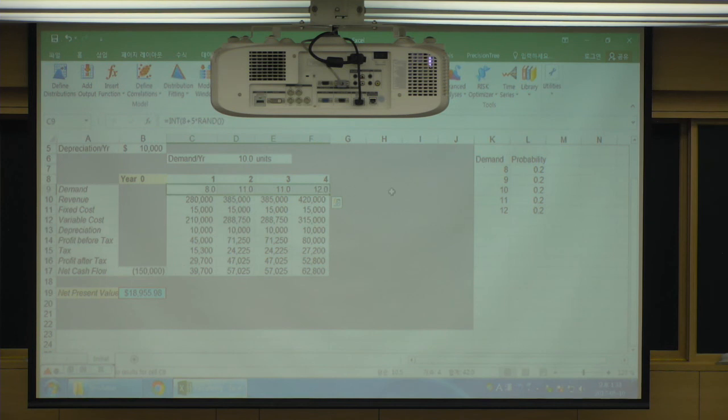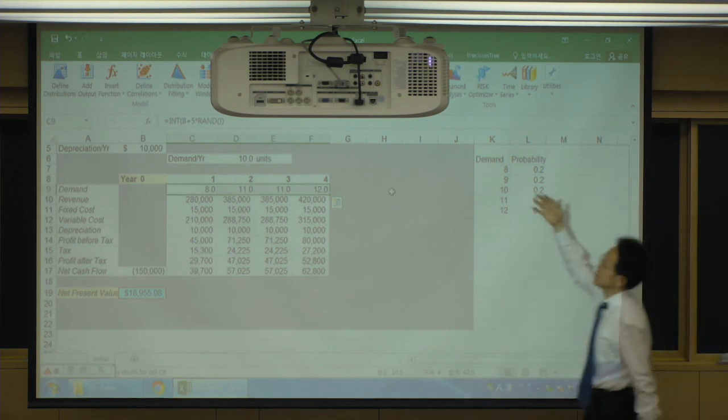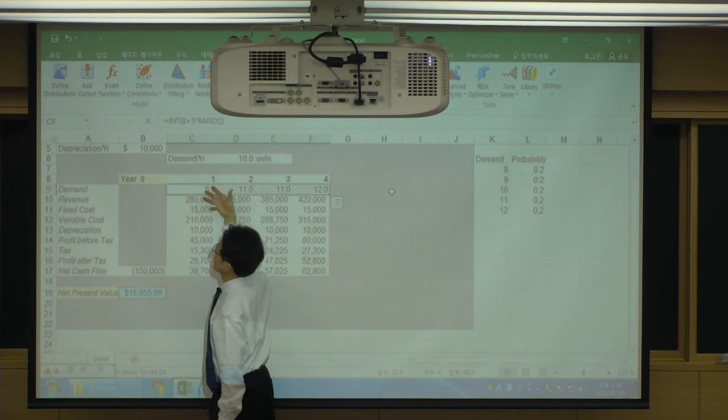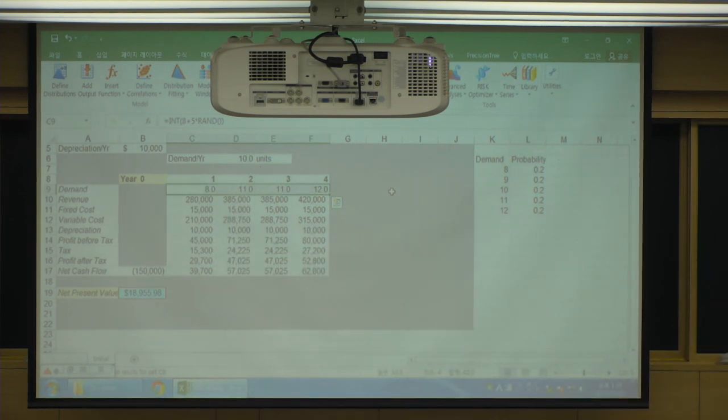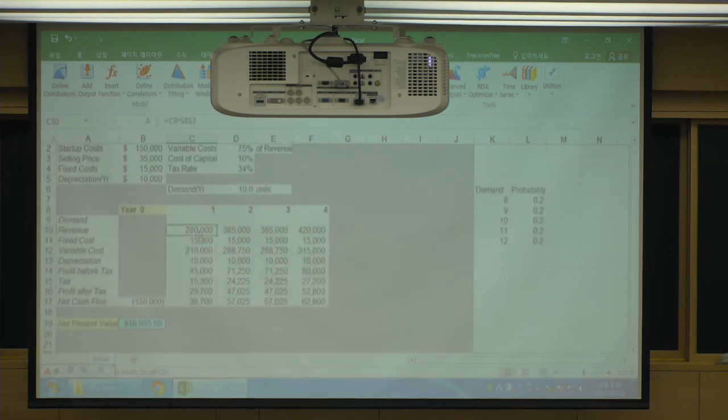Okay, this is just a very intuitive, very primitive formula, but we don't actually need to do that at all, because @RISK has a very good, very nice